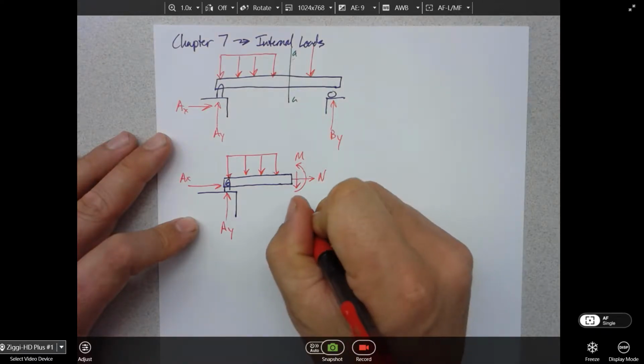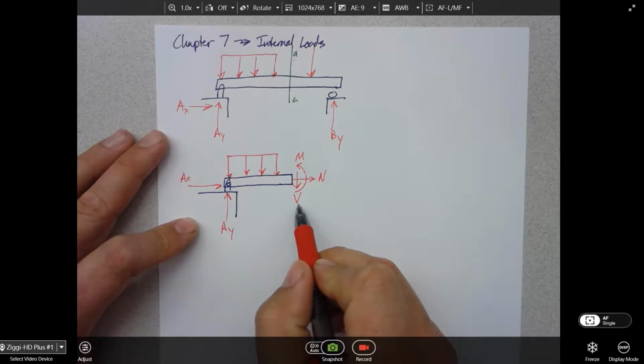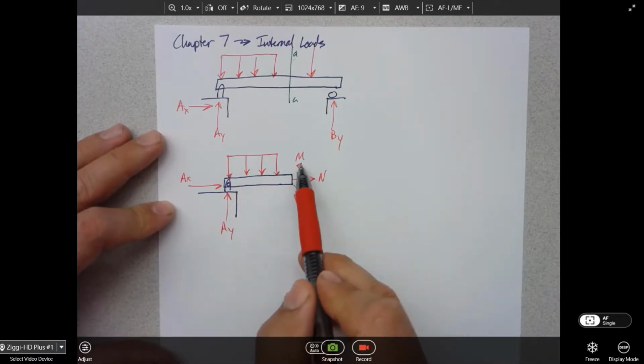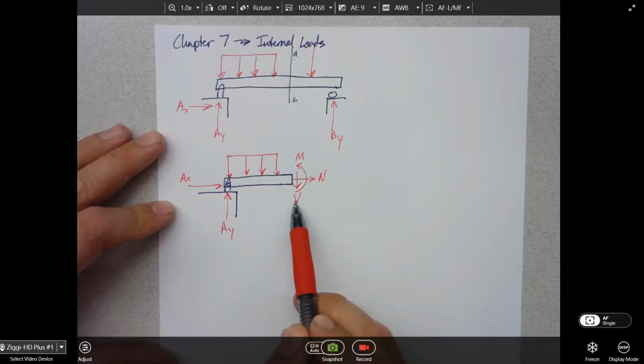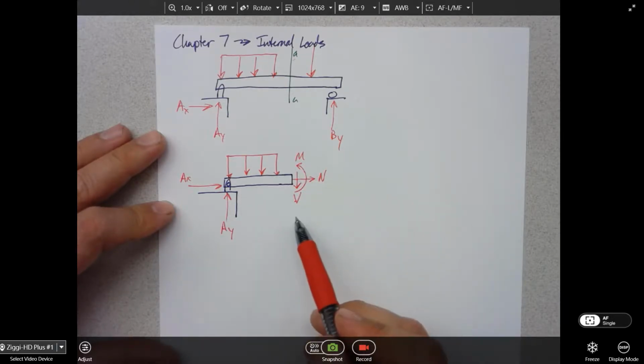The vertical force, I'm going to give V. I don't know why it's a V, because it's the shear force. I don't know why V. Very sheared. Vertical, very sheared. I don't know very many V words. But that's what it is. We use V for shear in this class. Okay? So these are the three forces that we're going to have to quantify. The bending moment, the normal force, and the shear force. Okay? And we always draw them how I have here.